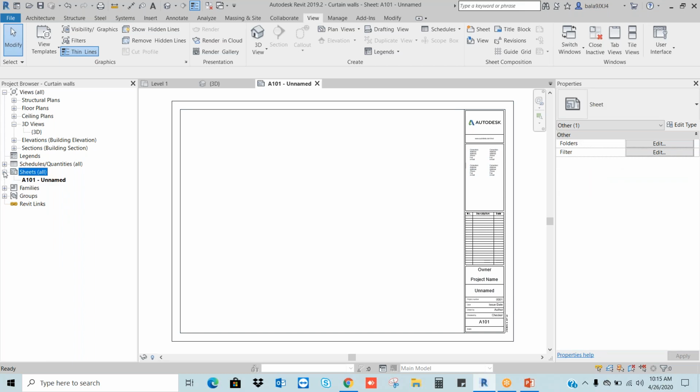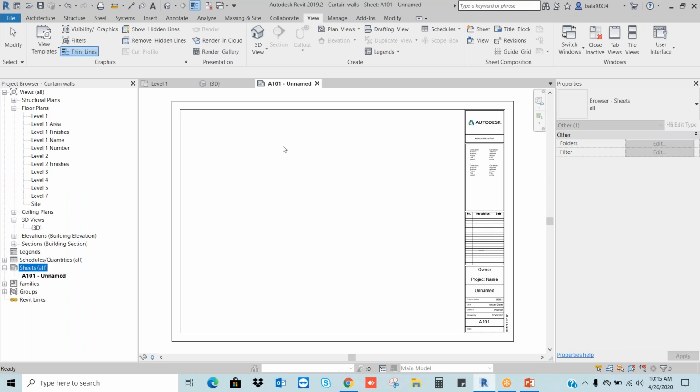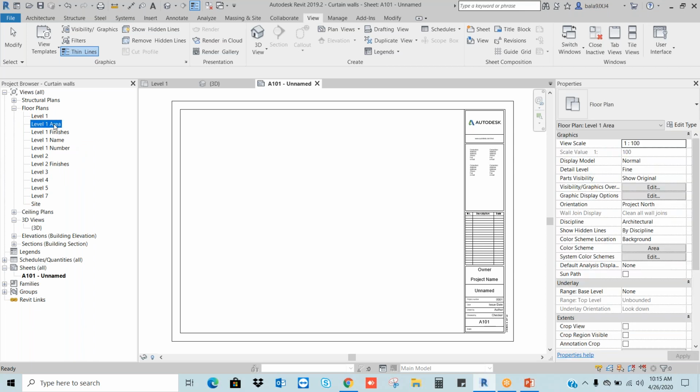Here I can create one sheet name, drawing sheet, right? So let's say for example, I want to create one drawing for my area information. Just simply, I will choose this level 1 area, drag and drop.